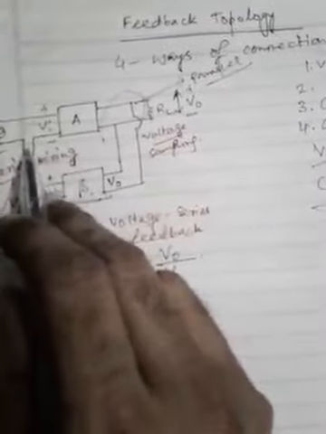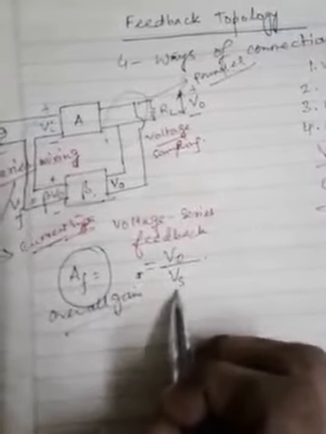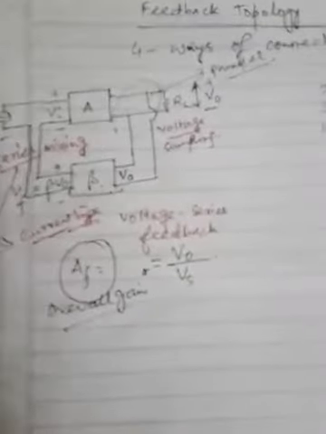But actually, after the feedback is applicable here, the Vs is being used at the input of the basic amplifier as Vi. But while calculating the overall gain of this configuration, we should take Vs as the overall external input. Now let us move on to draw the second type of configuration.